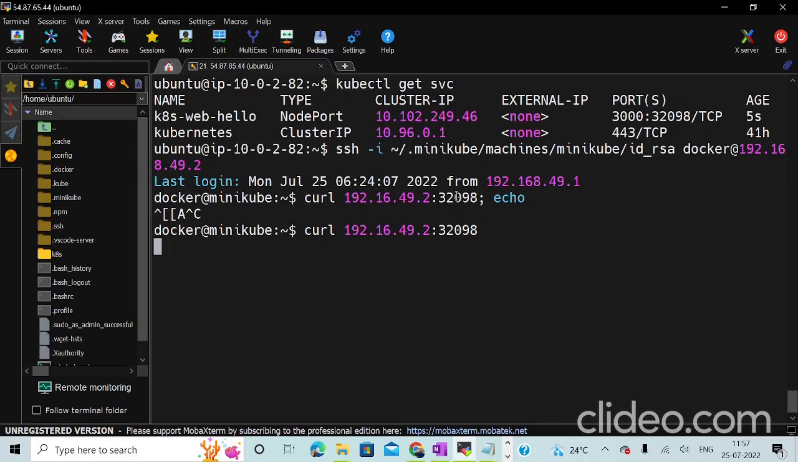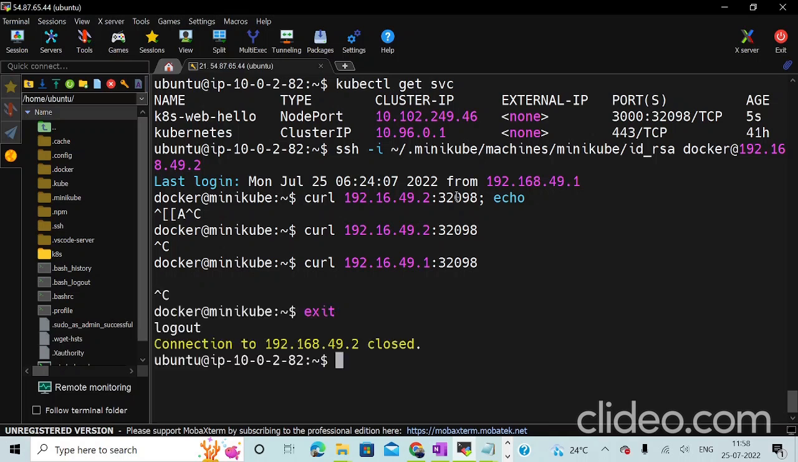So just give me a sec. If I try to do curl once again, 192.16.49.1, 32098. So this is the higher port. Something is not perfect. Just give me a sec. We'll see. If I try to exit from my single node cluster, if I try to log in once again,